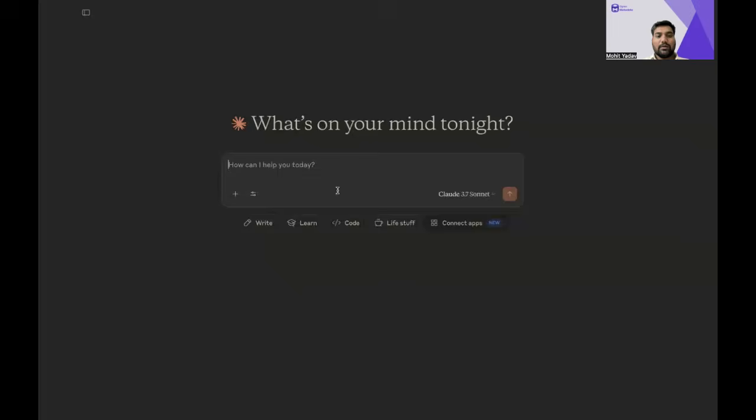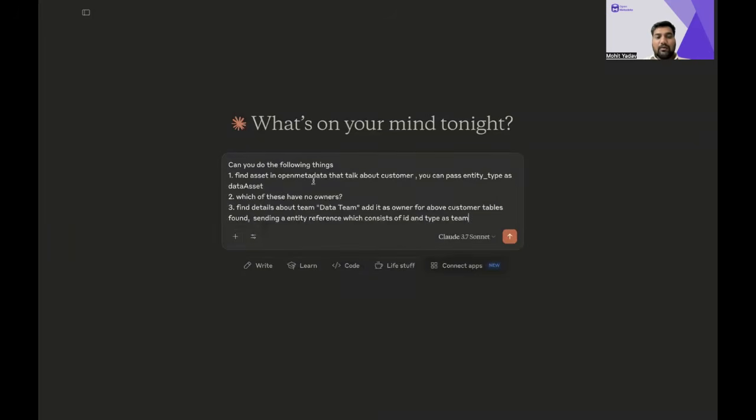So I'm going to head over to MCP and ask it to do a bunch of things. Find the assets that are basically talking about customers, and then see which of those have no owners associated with them. And then find the information about the data team, and then add that data team as owners for all the customer assets that this tool finds. So let's see what it does.